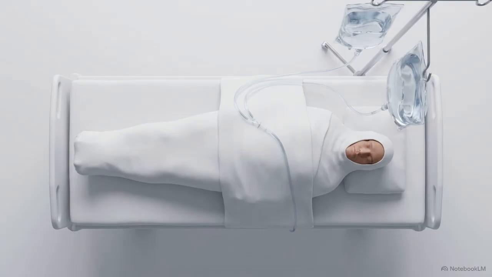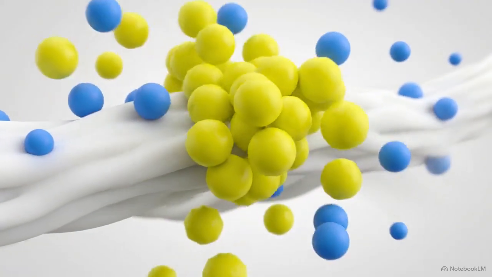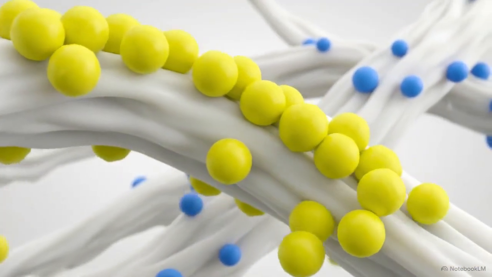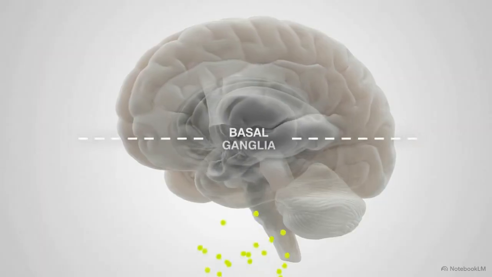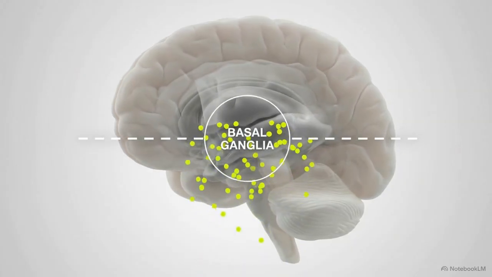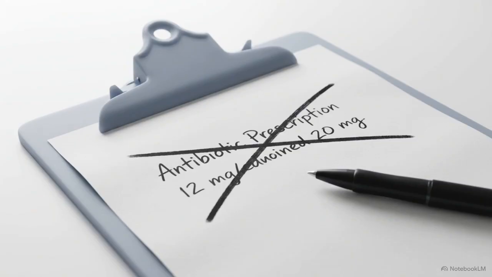Neonates under 1 month of age are placed on a strict regimen of ampicillin and cefotaxime. The standard ceftriaxone used in adults is absolutely contraindicated in these infants. Ceftriaxone forcefully displaces bilirubin from albumin, allowing toxic levels of bilirubin to cross the immature blood-brain barrier and deposit in the basal ganglia, a fatal condition known as kernicterus. Deviating from this precise prescribing matrix based on a hunch leaves critical pathogens uncovered, representing a rapid and often fatal